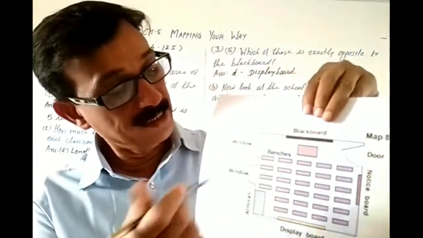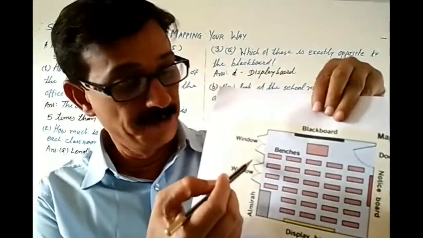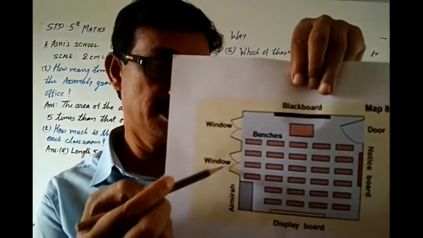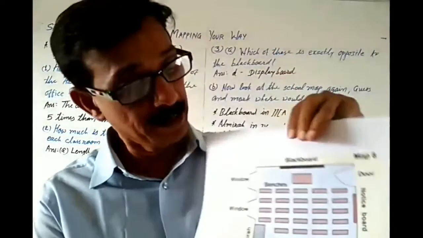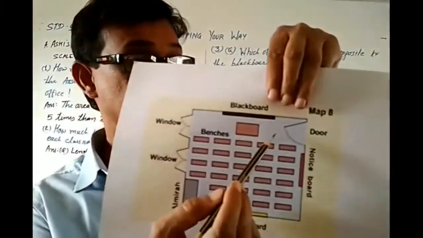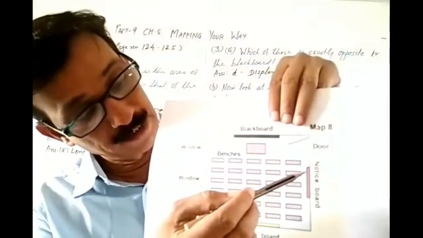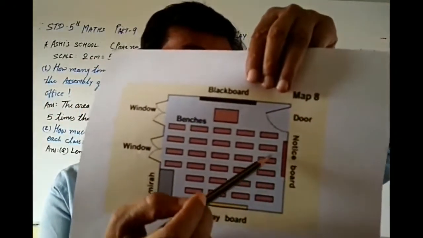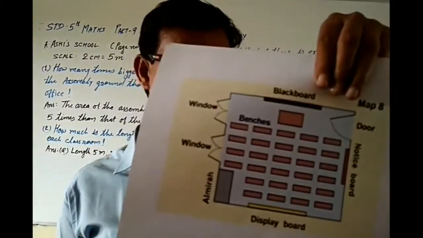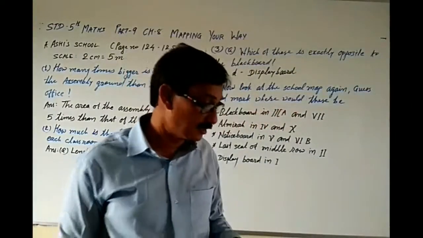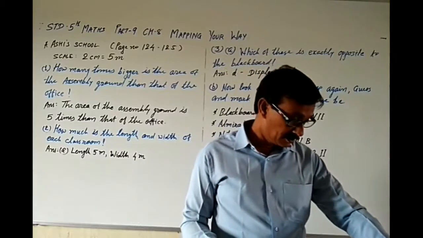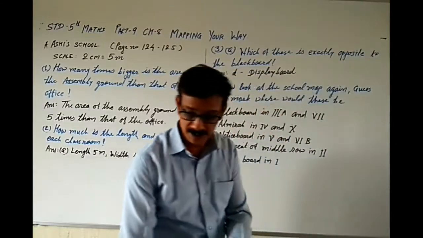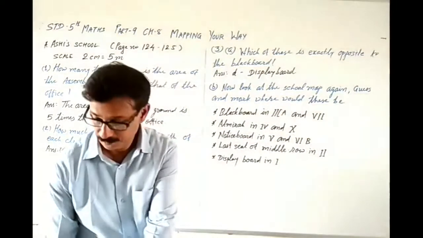Then after, on the side of the windows, after the windows there is an almirah over here. And opposite to that, there is a door. And then after, in this space, what is there? A notice board is there. Here you can see the notice board is there. Okay. So now let's go for the further question. Third A. What is the question? Into the third A, we can see.